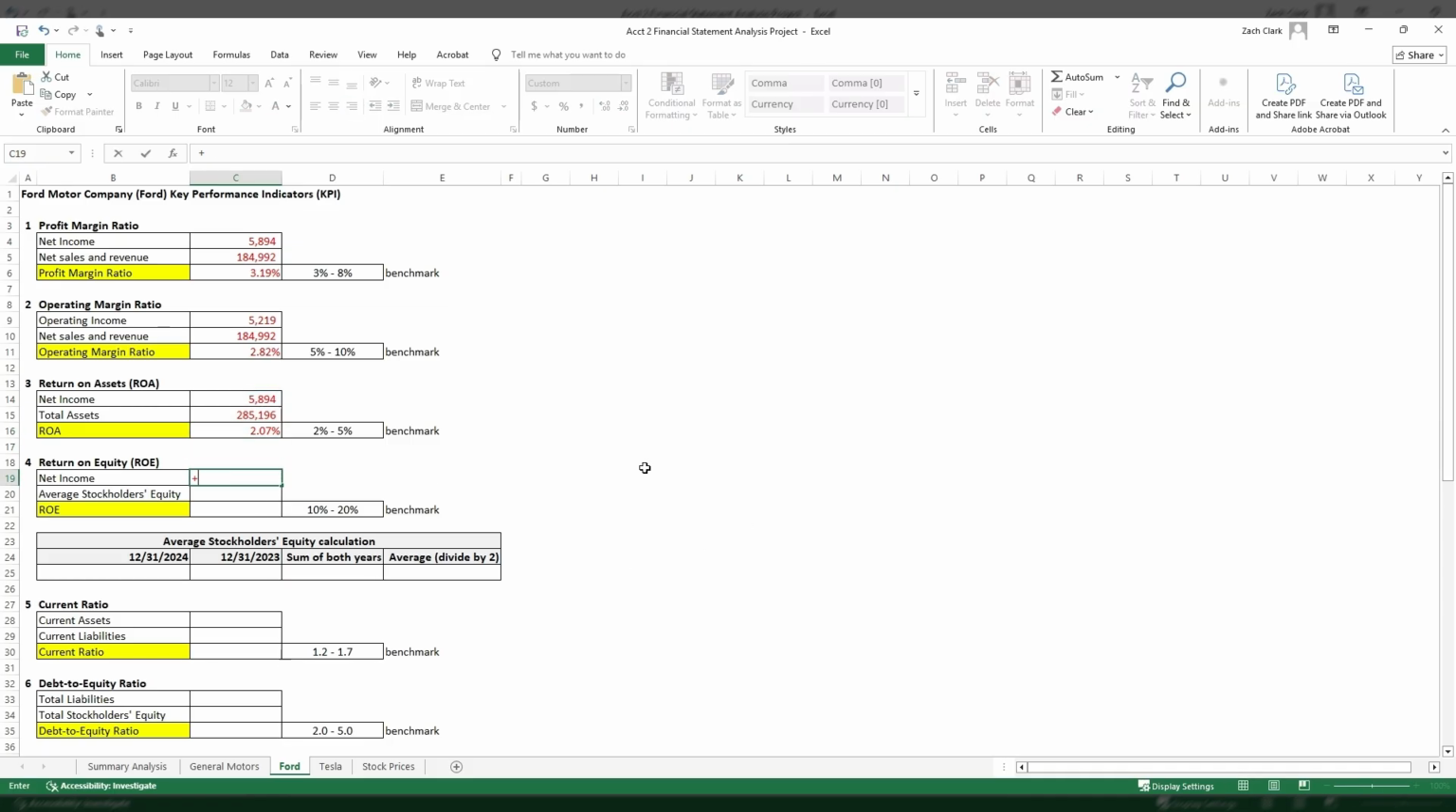Return on equity. Again, linking as much as possible. Okay, we need to do our average shareholders equity here. So we'll go to our balance sheet. And let's see, 4835. And in this number, we're using the total equity attributable to Ford Motor Company, not including the equity attributable